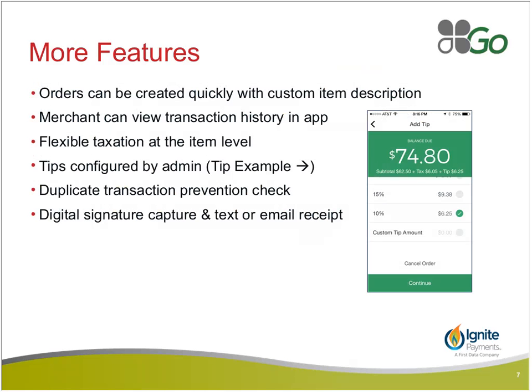There's flexible taxation on item levels that can be done. Tips can be configured here as well. There's also duplicate transaction prevention here. Important when you're thinking about a mobile device that can connect both Wi-Fi or cellular. And that works really well if a merchant's out in a location where, if you ever look down at your phone and you got 5 bars, you're pretty good, right? But if you get 1 or 2 bars, you're like, I can connect, but I don't know how reliable that's going to be. That duplicate transaction prevention can help in those situations where connection's not that great and we think